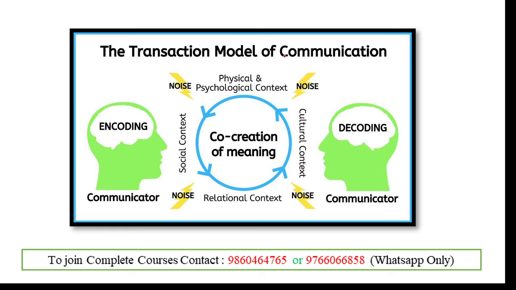Then here there are many contexts: physical, psychological, social, relational, and cultural. All these contexts come under, or influence, the encoding and decoding procedure. So here co-creation of meaning happens because it relates to different types of cues. Okay, then